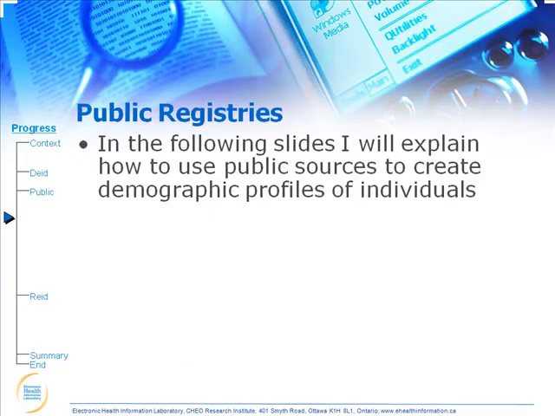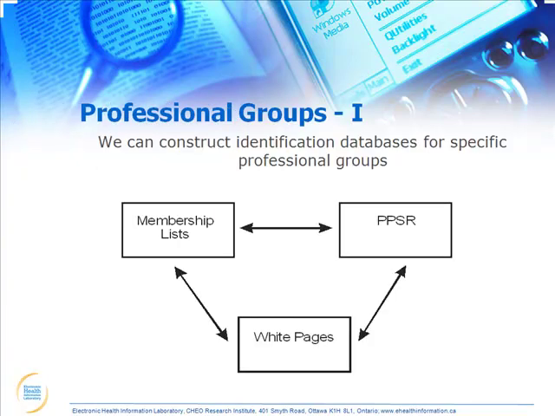There are also other public registries. I'll just show you a few examples. If we want to re-identify professionals, the example I will use is doctors. The CPSO, the College of Physicians and Surgeons of Ontario, maintains a list of all the physicians in Ontario on their website. We've done this, and I'll show you some numbers, but basically you would get the list of all the physicians that you're interested in